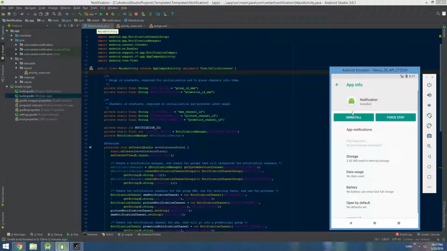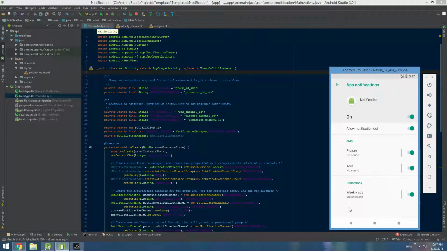I have an application called notification, and in the notification pages, you can see that there's a bunch of toggles. Typically, you could customize this as much as you want, but in this case, I've created an instance of a text messaging app, for example. So